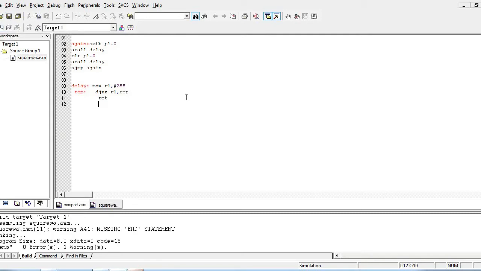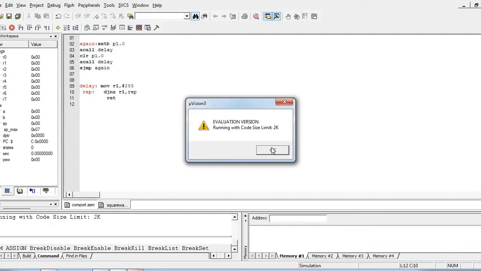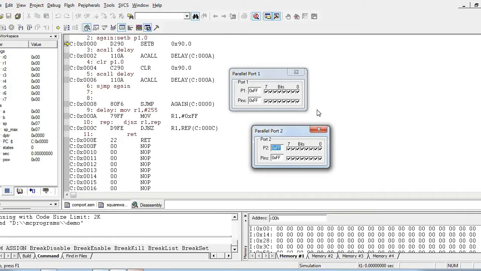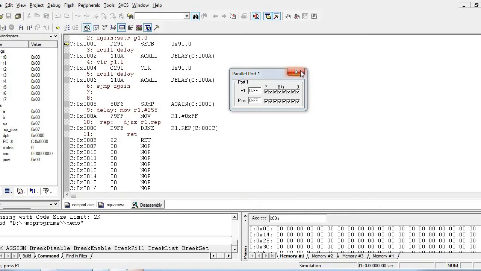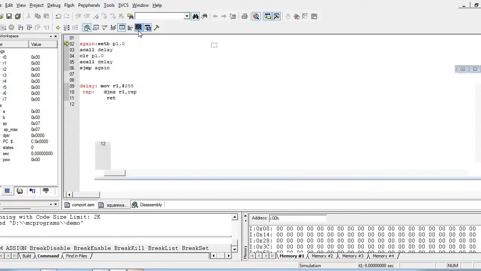To see the waveform, we can make use of the logic analyzer window.